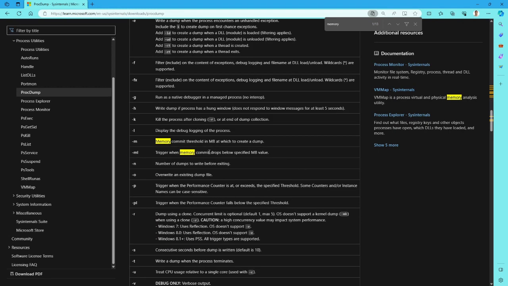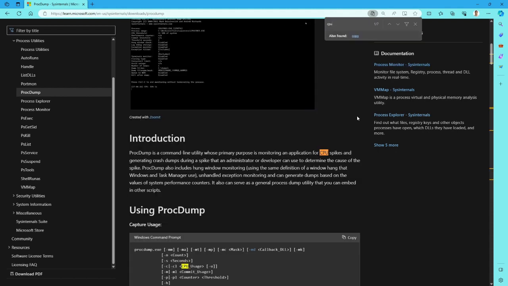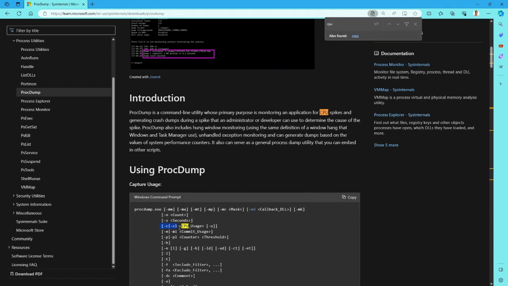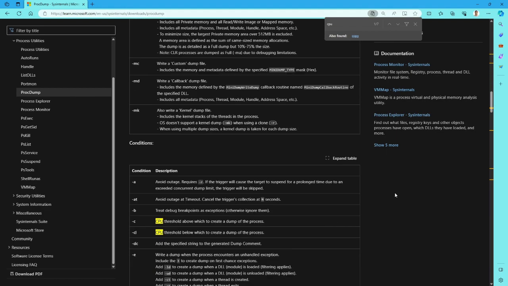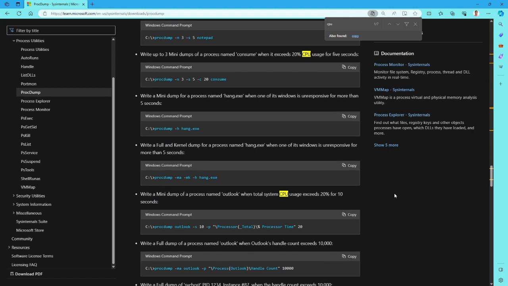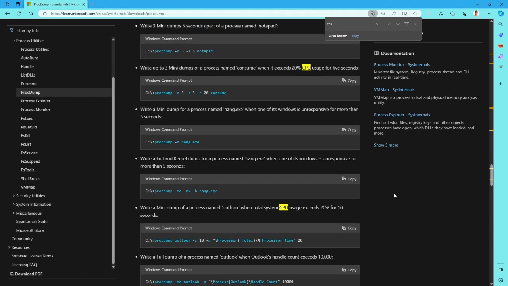if you see here, there's a switch for memory commit, so you can create a dump based on the memory consumption of your application. Similarly, you can take a dump based on CPU consumption of your application. For example, if you want to take a dump when the CPU consumption of your application goes beyond a certain threshold, you can configure Procdump in such a way that it takes the dump based on the CPU consumption